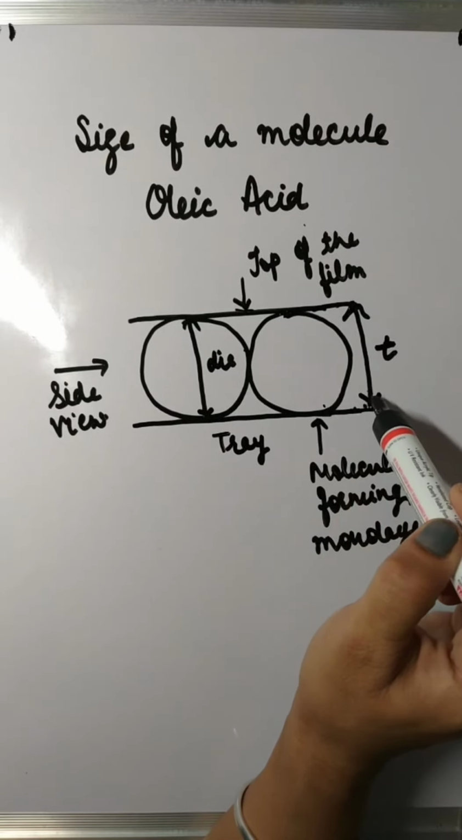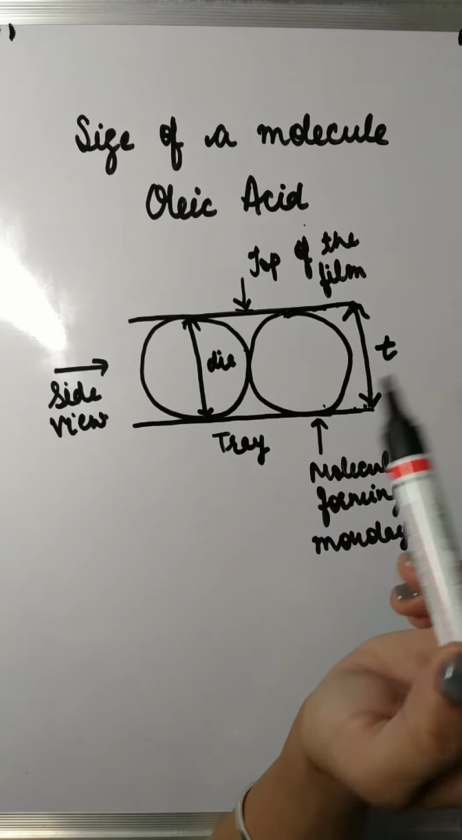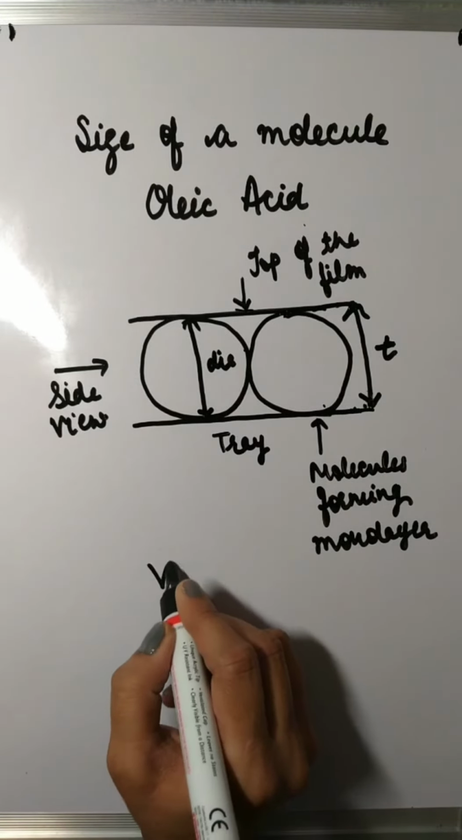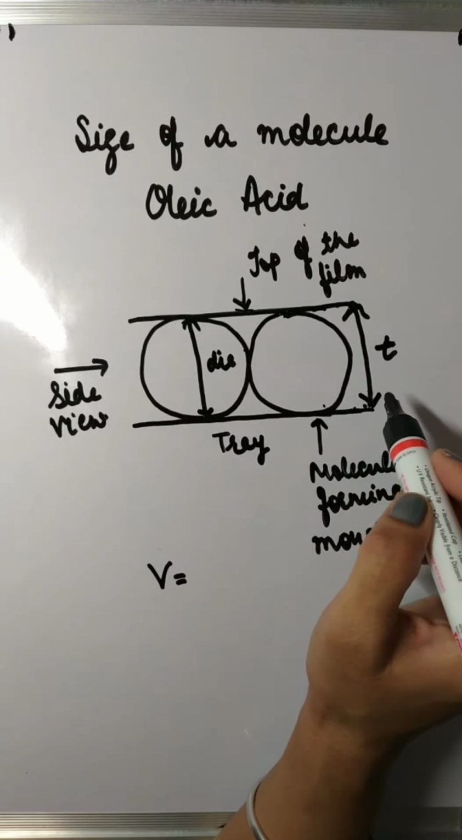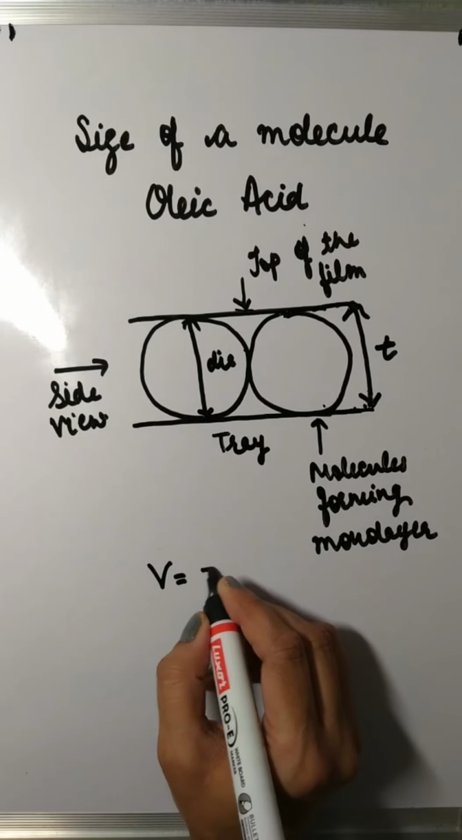So now how to find the thickness of the film? Let us say that the volume of the thin film is V. If we know V, then we can find the value of T, which is the thickness of the film. Now what is the volume of the film? Volume of the film is equal to